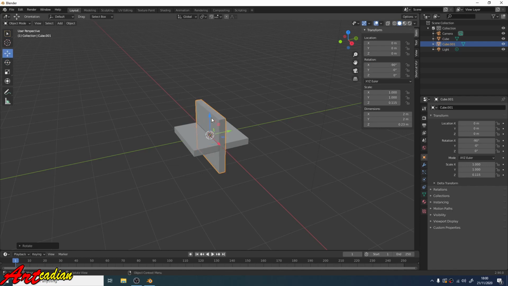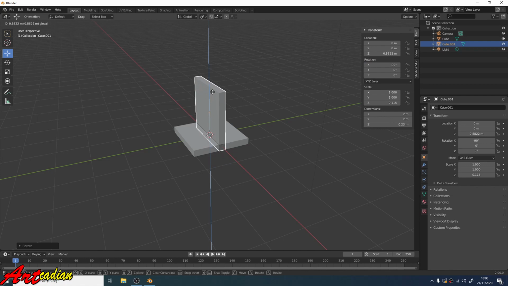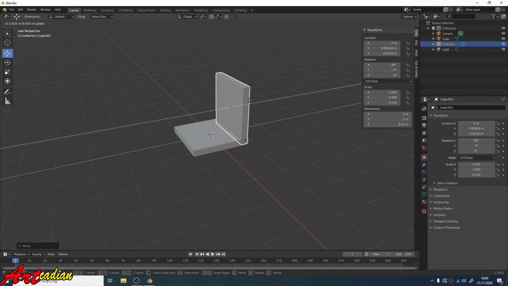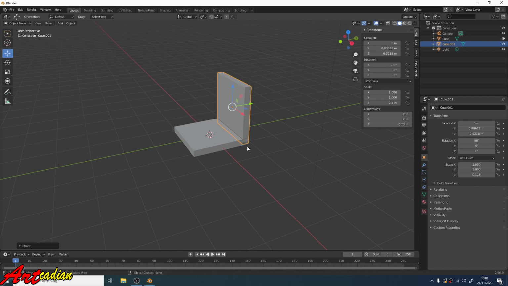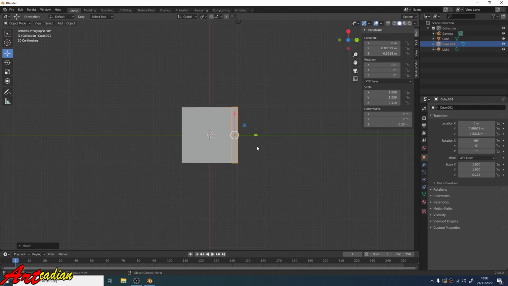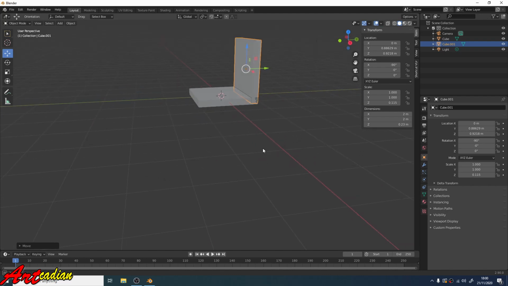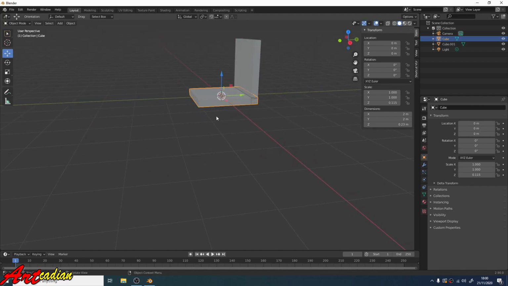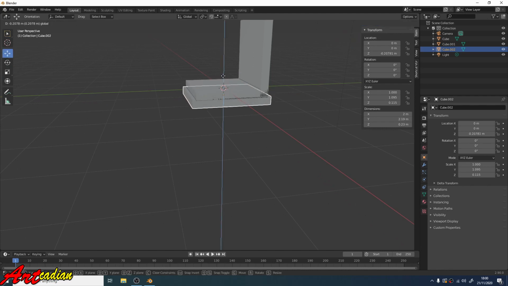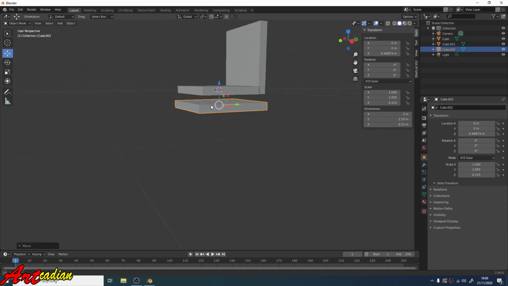Shift position like this. The next step I duplicate again to make the legs. And slide it to position the chair leg.